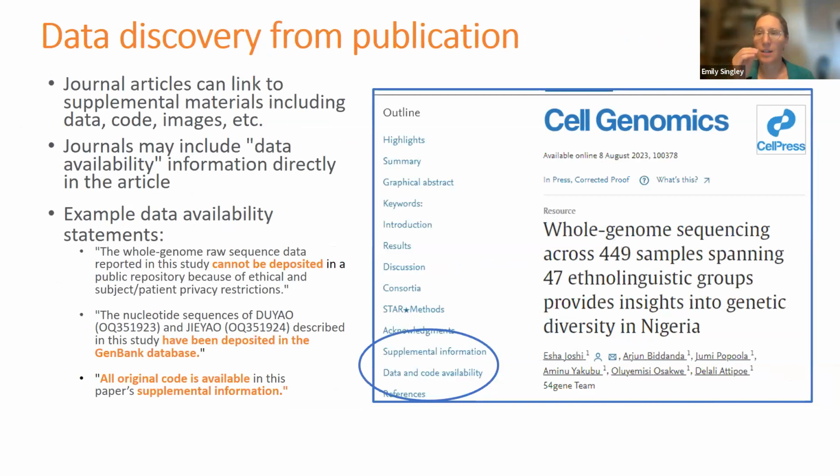You'll see in the article itself, there's a section for data availability. That's where the statement would live. There's a section for supplemental information. That's where you'd see that link out to the data set, the link to the repository. So again, the whole package, it's not just the write-up, it's also all of this supplemental information that researchers are being encouraged to keep together.